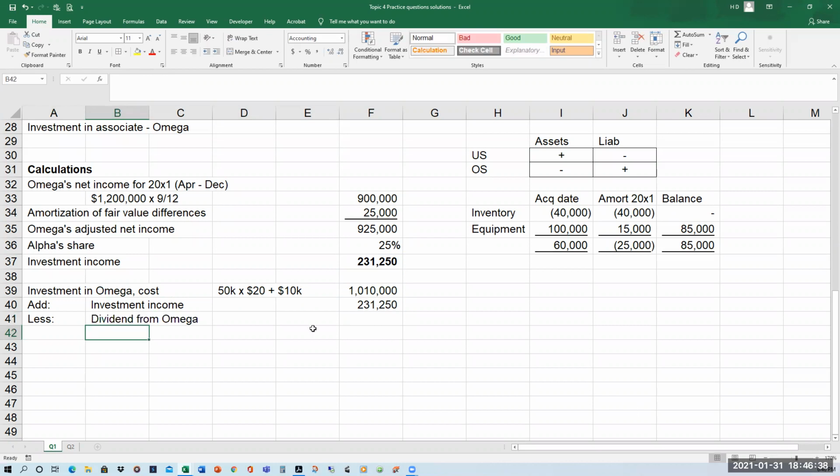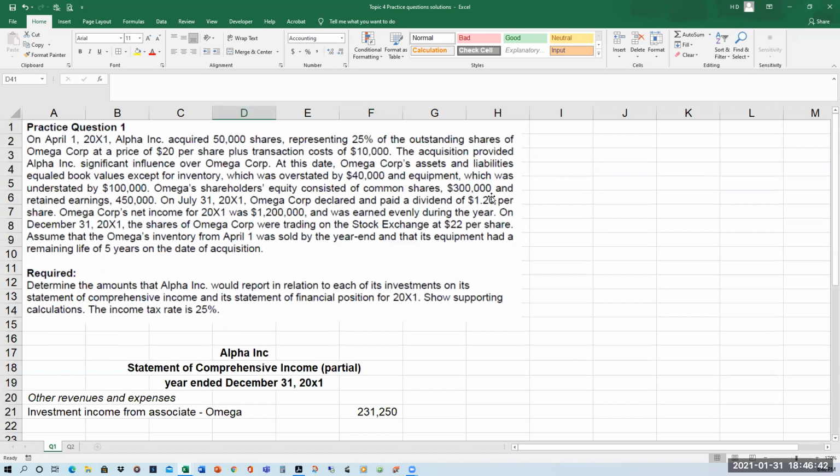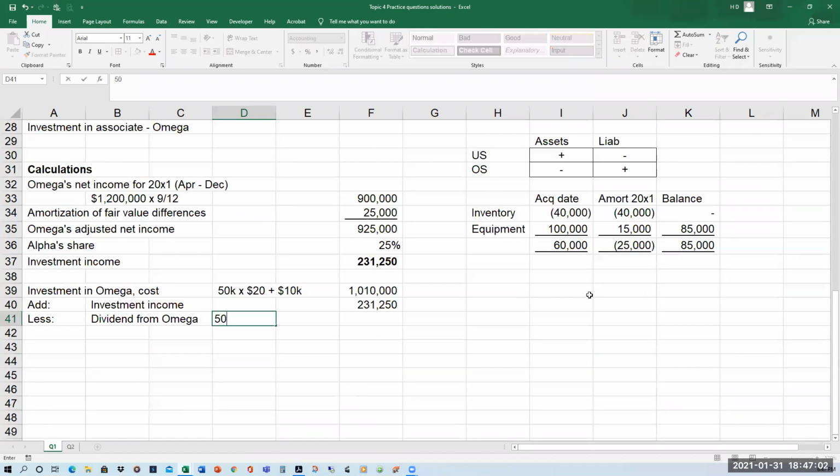Now we own 50,000 shares. Omega has paid a dividend of $1.20. Now, sometimes people make a mistake of prorating the dividend for 9 months. That's not how dividends work. Once the dividend is declared, we get that full amount. Right? So either you get the dividend or you don't get the dividend. There's never a proration of dividend. So 50,000 shares at $1.20 per share. That works out to